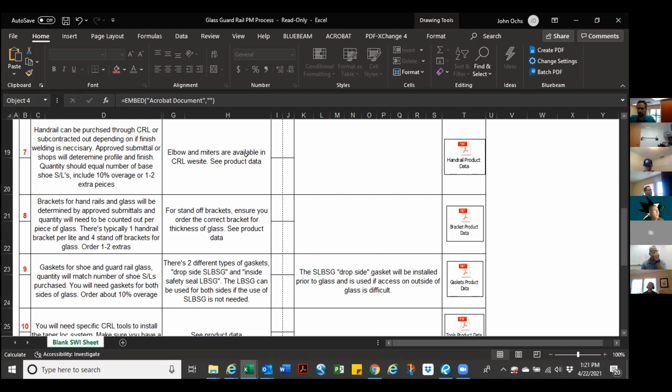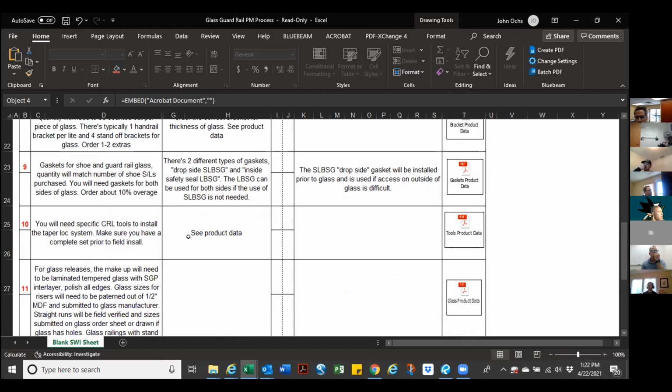Elbow and miters are available on CRL website. And then again, there's the handrail product data. The brackets for the handrails and glass will be determined by approved submittals. Kind of goes over the same thing. That's just the brackets to go with the actual handrail itself. You don't always have handrails for every glass guardrail, but